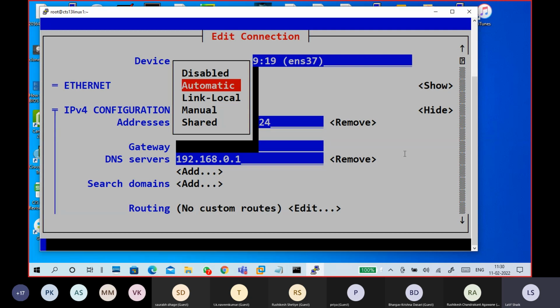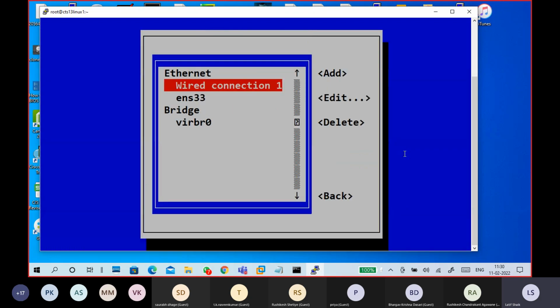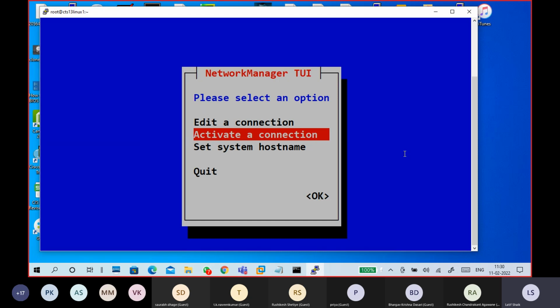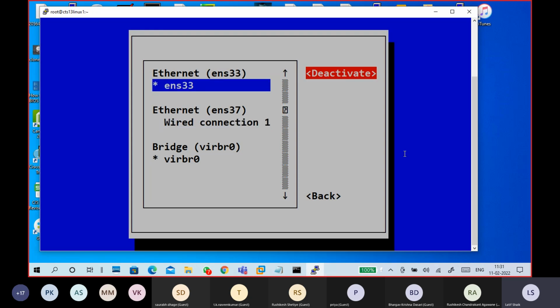Now obviously automatic means this will be removed. We'll go to OK. I'm going back. Now activate connection like this. First deactivate it, then... what happened to my system?